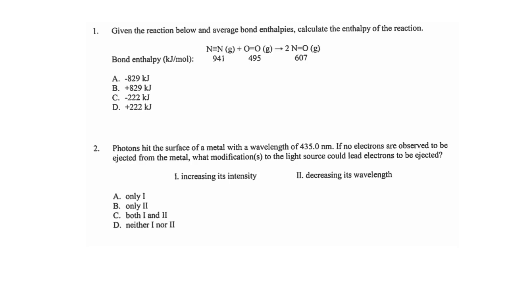So the first question: given the reaction below and the average bond enthalpies, calculate the enthalpy for the reaction. So we're given the bond enthalpy of the nitrogen-nitrogen triple bond, the O2 double bond, and the NO double bond. Okay, so what I need to do is break the N≡N bond, break the O2 bond, and we're forming 2 of the NO bonds. These are the kJ per mole of the bond. So 1 mole of N2,